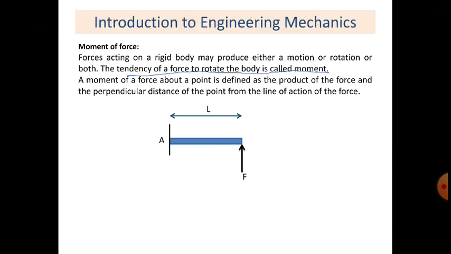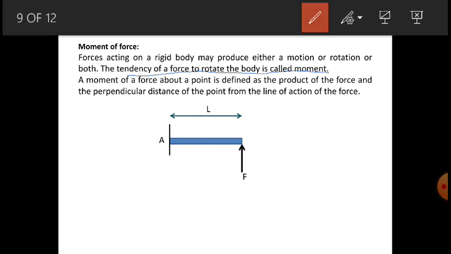I said the force which makes the object or the body move or rotate is called moment. So how can we measure this moment, that is, how much moment is being applied over a body? If there is a moment over a body, how can we find the magnitude of that moment? So there is an example for you here. Consider that